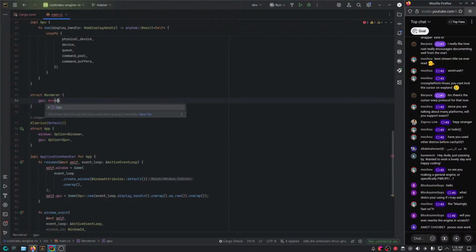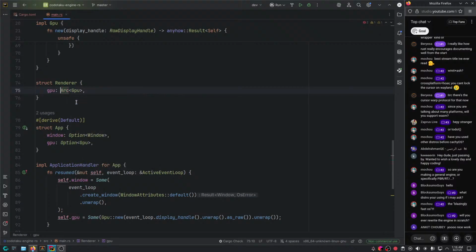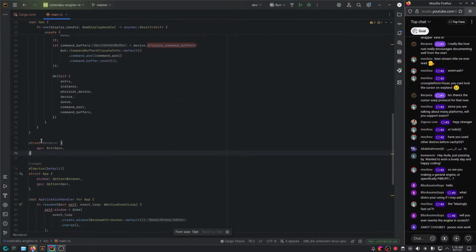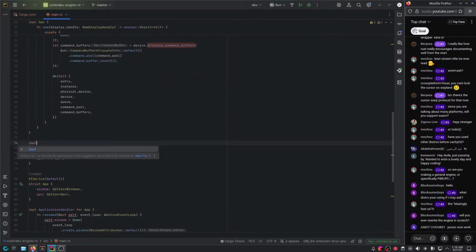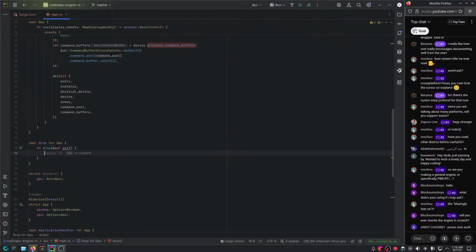I mean, maybe. We'll see about that. Let's start with that. So import GPU Arc. And by the way, we need to implement Drop for GPU before we forget.